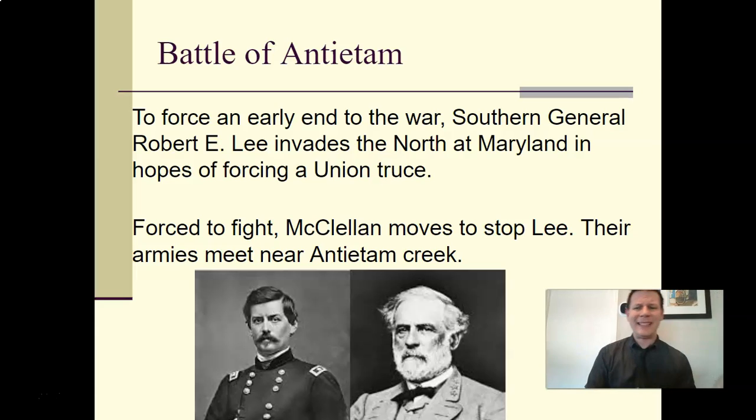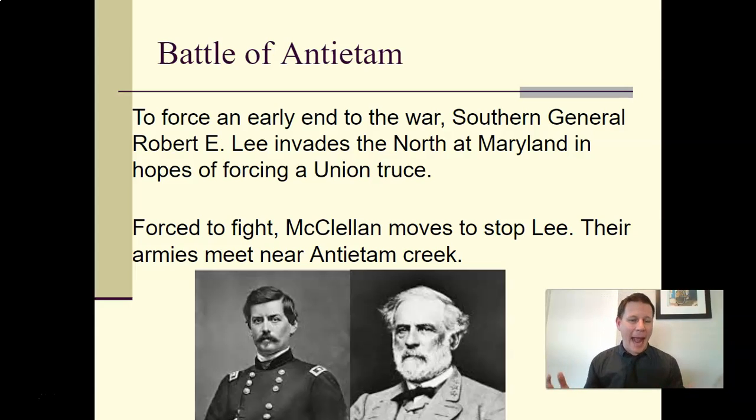The Battle of Antietam, a very important battle in American Civil War history, is the bloodiest day in American history. Basically, to try and end the war quickly, because that's what the South wanted, Robert E. Lee, the Southern general, takes matters into his own hands and decides to invade the North. If they won't do it, I will do it to try and end the war quickly. And so that was the plan, the South invading the North to try and give the North a huge military defeat and maybe bring them to the bargaining table and end this war.